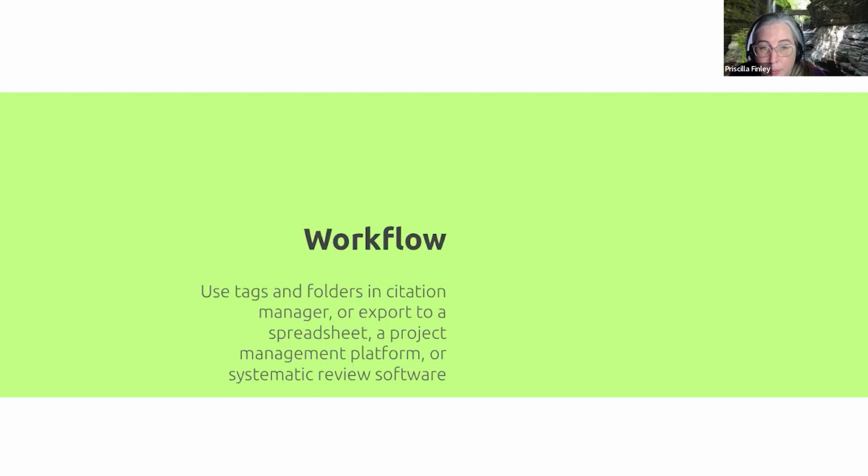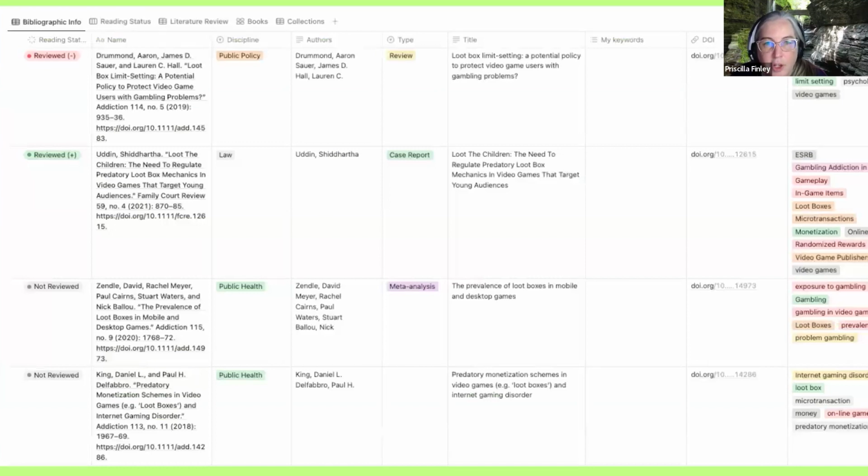I also tested an approach that uses Notion, which is another freemium online platform that lets you embed lists and databases that you create into web pages. This is what that matrix looked like. So this template was shared by another Notion user, Shay Sharon, for literature reviews. I collect the articles in my Zotero account. It feeds them into this database structure where I can then apply various criteria from a list of tags that I define. So it captured the articles about loot boxes that I had put in,